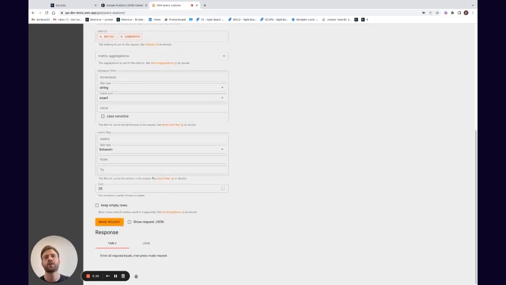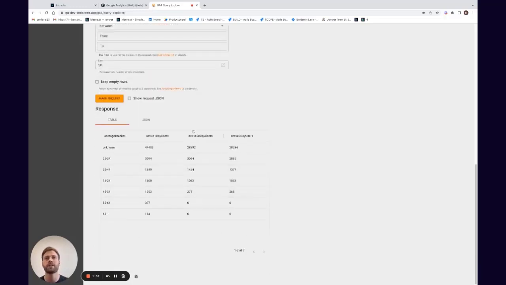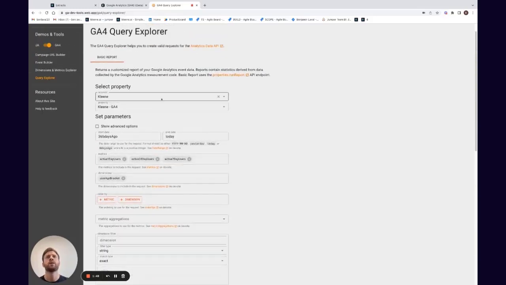So you can just scroll down to the bottom. Again, don't worry about the metric filters, order bys, aggregation, or the limit. This is just to test that the query is valid. And you can see we've got some valid data popping out on the bottom there. So once we've done this, we can confirm that this is the data we want and just replicate that in the Kleene app. So to do that, I'm just going to copy 365 days ago,